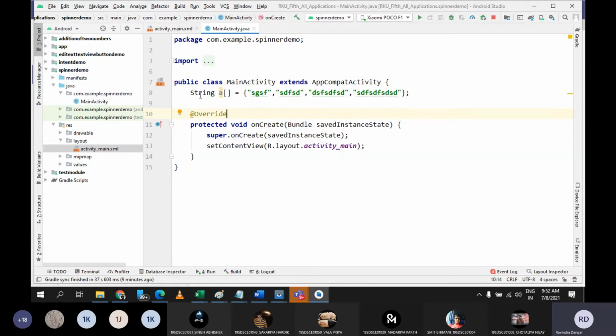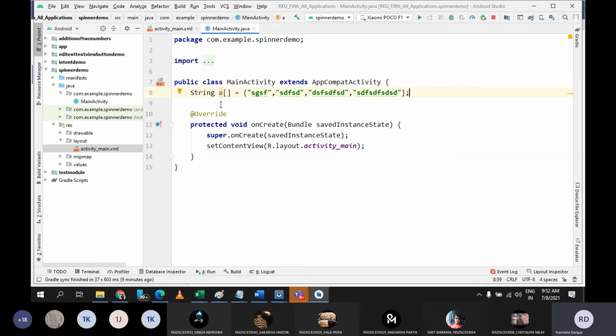Now there is no inbuilt or direct concept using which I can simply connect this string array with the dropdown. So to connect the string array and your spinner, you need an intermediate. To provide a bridge, you need something, and what you need, I'm going to explain. Are you getting me?